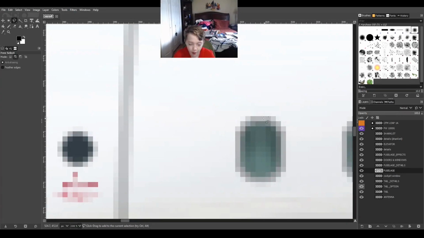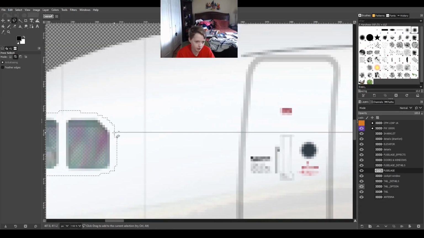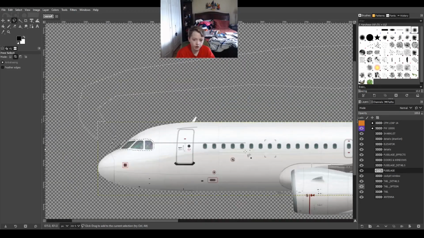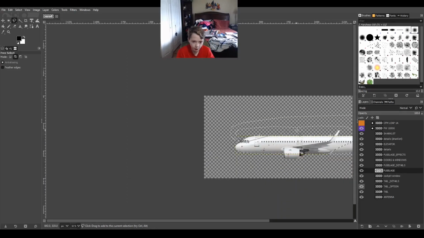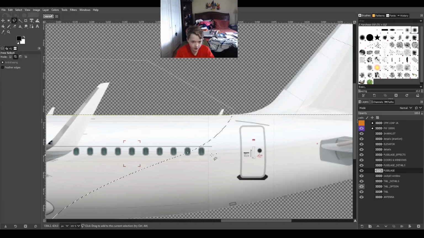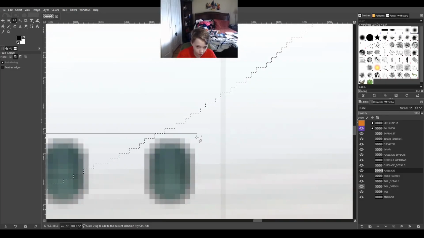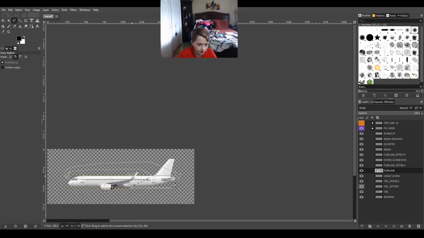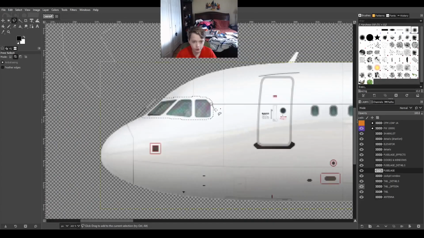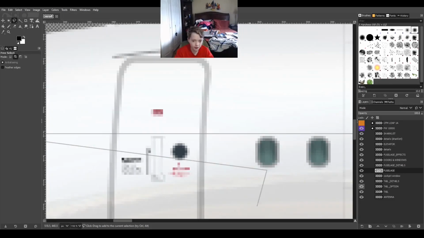And we will go and outline the passenger windows for a nice cheat line effect. That's just an aviation term, a nice cheat line effect. And then we'll come back, and if you want to keep it as a straight line, you can just hold down control, and then we'll drag it right here, and then we can come back, go down a little, find the right point, and then we can just mark it, and we will